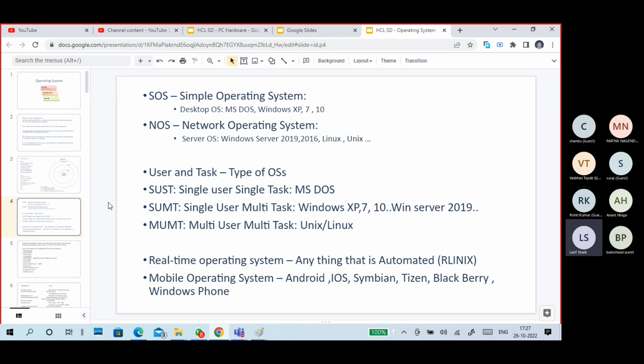Not only that, Symbian, BlackBerry, Tizen, and many more are there. Android One, Google Pixel, that is a mobile phone. The more popular ones are Android and iOS, and of course those others also exist, but they are still a little setback.